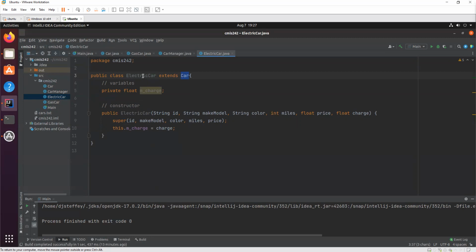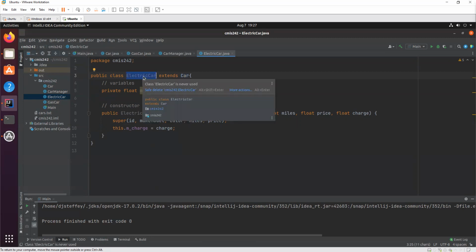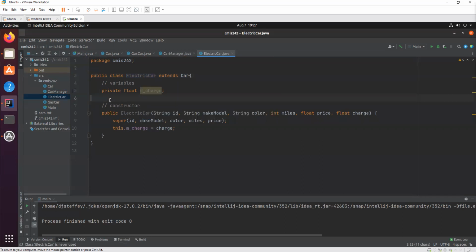That means an electric car is a car. It is a car with more stuff, either more variables or more methods or something like that. But at the end of the day, an electric car is a car. Same way, a gas car is a car.